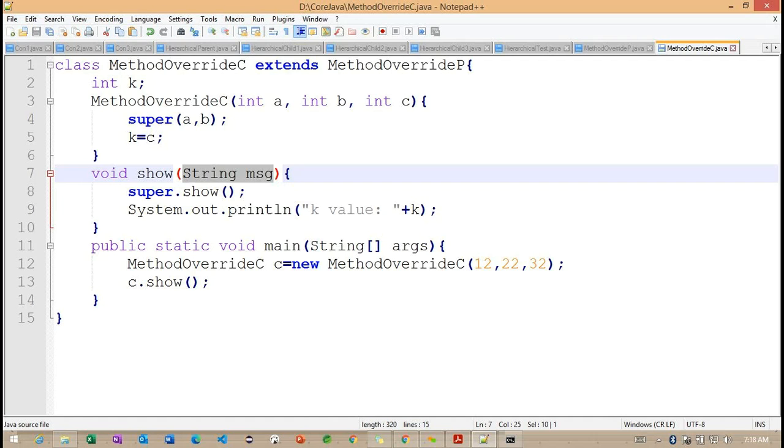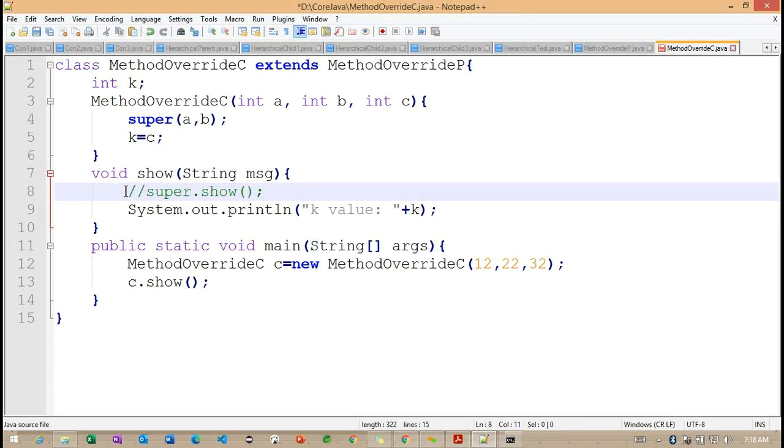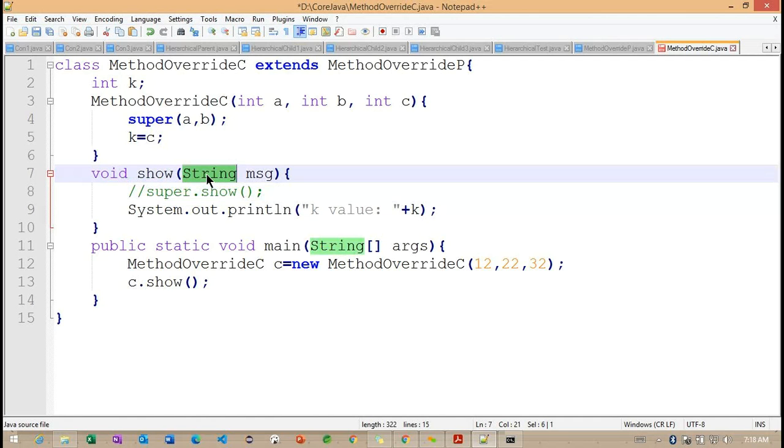Yeah. If arguments are different, it's always overloading. When the name and signature are the same and the arguments are also the same, then it's overriding. Yes. So the name of the method and whatever signature we have in the parent class, if we follow the same signature in the subclass, we call that an overriding method. But this particular method we will call overloading, because we are not following the same signature here. So what is the signature we have for the parent class here?